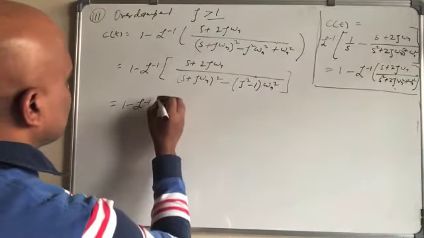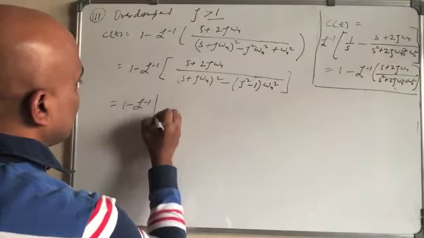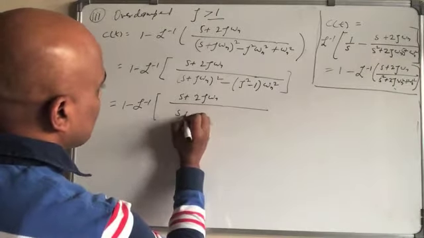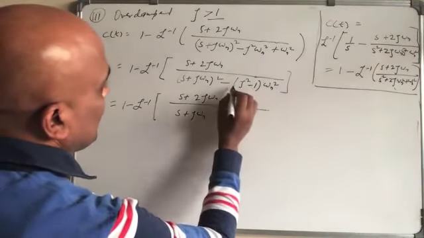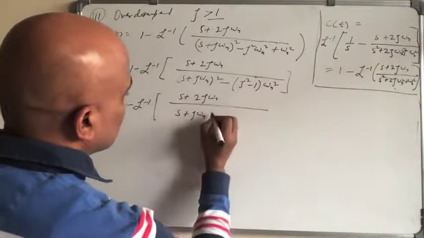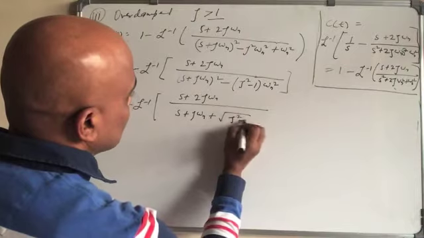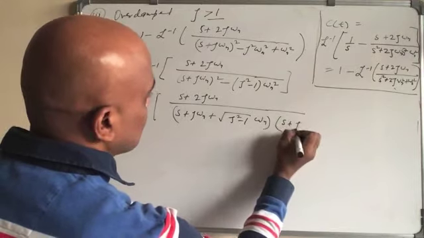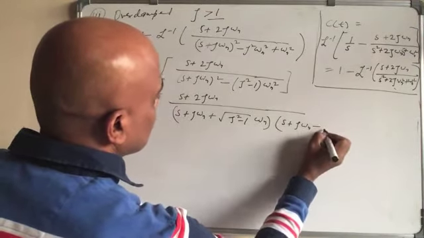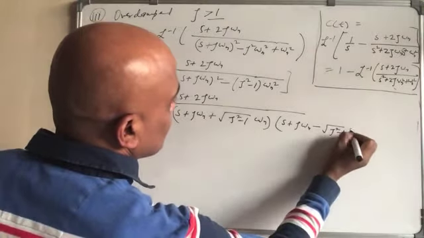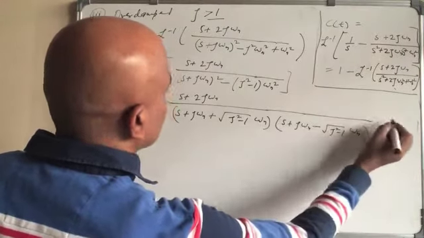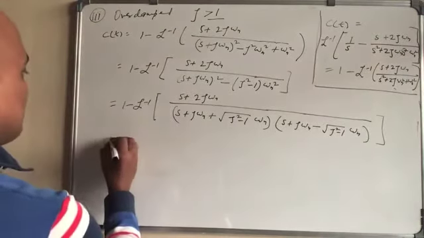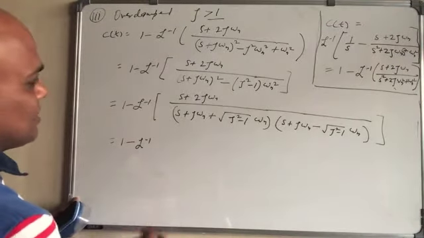So we can write it as L inverse of S plus 2 zeta omega n, and here S plus zeta omega n plus root zeta square minus 1 omega n will be one part. The second part will be S plus zeta omega n minus root zeta square minus 1 omega n. This is the way we did earlier also, and it will be equal to 1 minus L inverse,